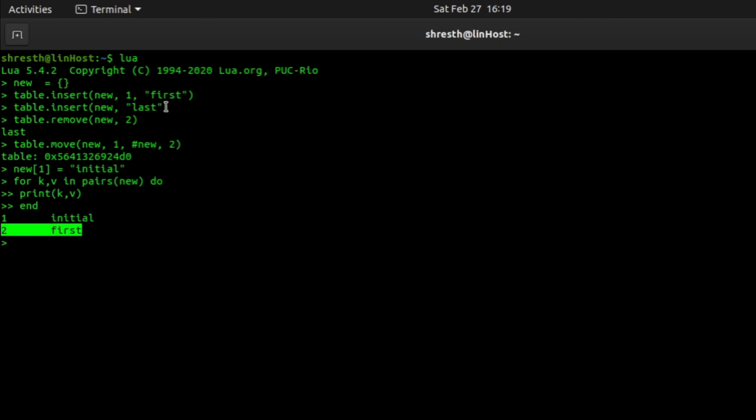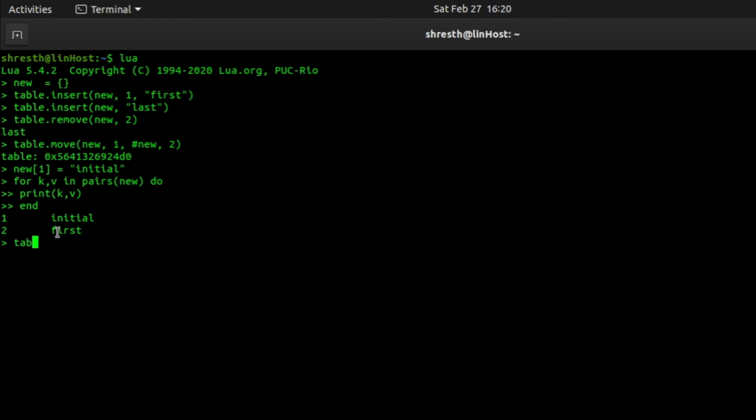The last one we don't have because we removed it here. So what is happening is this table.move function will move the elements from the first index to the last index to this index.